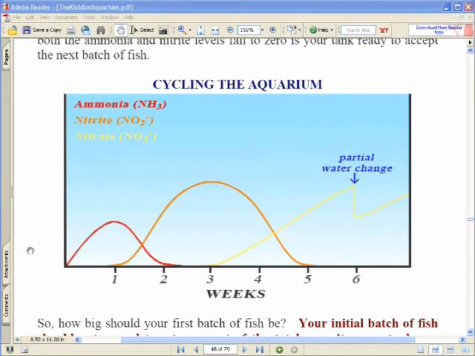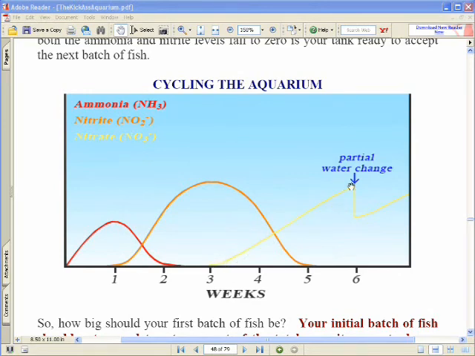Okay, just to recap, when you introduce that first batch of fish, the ammonia level will initially increase, but once it becomes available, the first group of bacteria is going to go ahead and take it and convert it into nitrite. So the ammonia level will decrease, just as the nitrite level is going to go ahead and increase. And once nitrite becomes available, the second group of bacteria is going to eat the nitrite and convert it into nitrate. So the nitrite level will go ahead and decrease, just as the nitrate is going to go ahead and